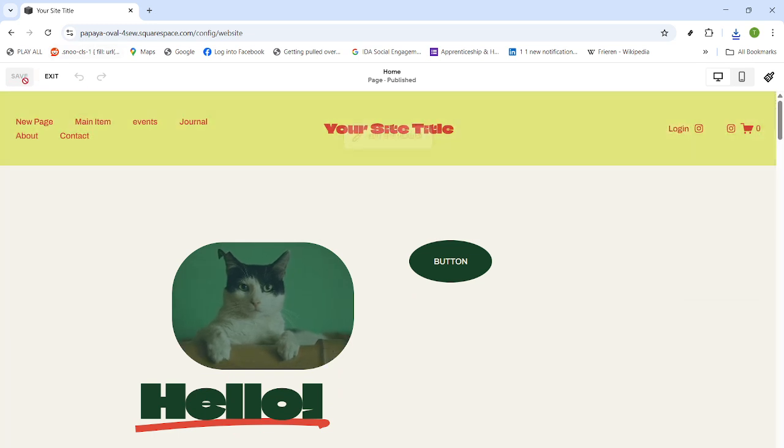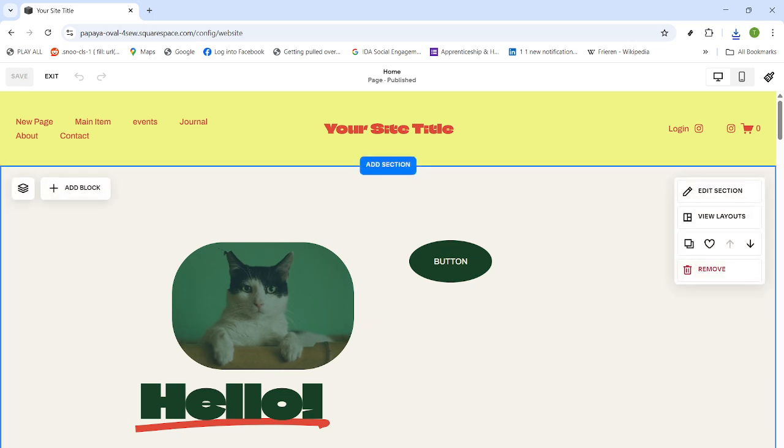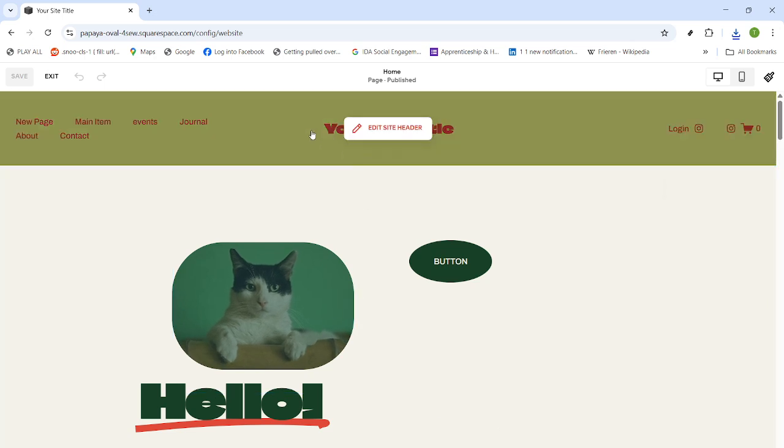First, open your Squarespace website so you're looking at the page you want to edit. Make sure you're in the site editor, not just previewing. You'll know you're in the right place when you can see editing controls over your page. Next, click the Edit button to enter editing mode. This activates all the on-page tools and lets you interact with specific areas, including the header at the top of